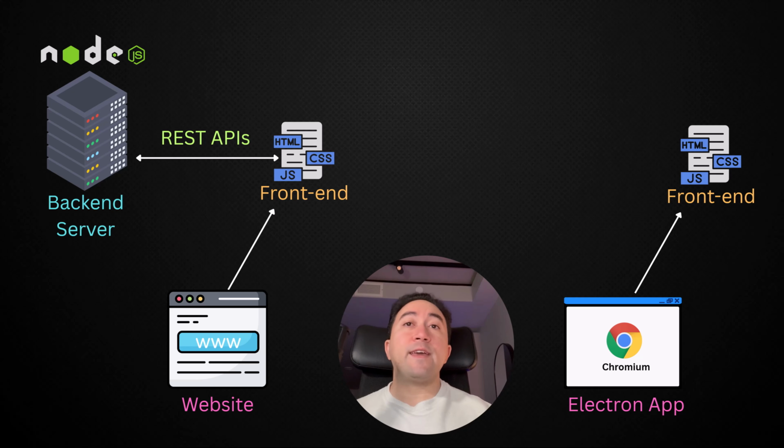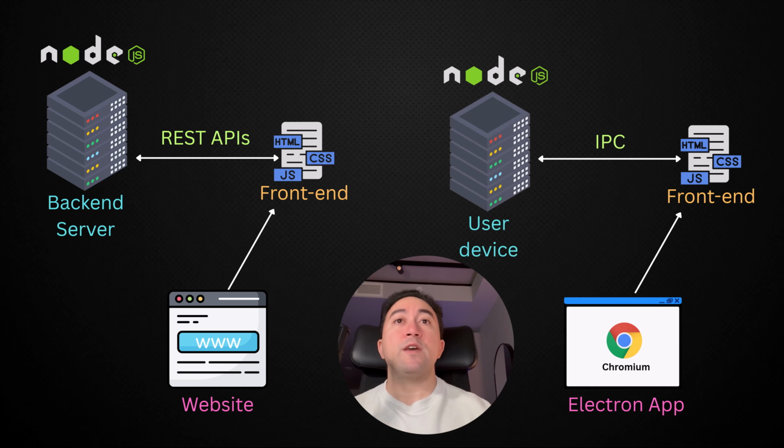So, Electron applications need also a backend server, right? In this case, the backend server is actually the device on which the application is executing. And the backend framework used is Node.js. So we have two parts, the front end part, which is HTML, JavaScript, and CSS, and the back end part, which is the process that runs on the user device. In this case, the user device is the server, and this process has access to all the system APIs, and